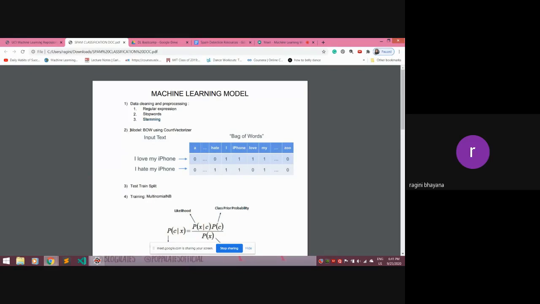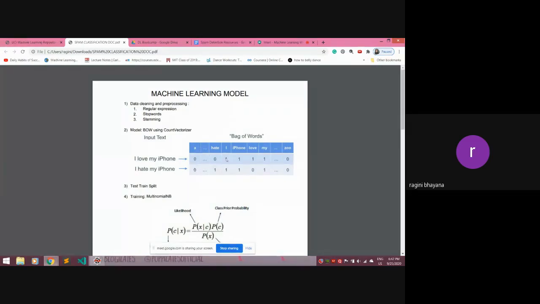Our model is bag of words, Count Vectorizer. I will explain this entire thing to you on the next page very briefly. There is a sentence, I love my iPhone, and I hate my iPhone. We have two sentences. We input this text into bag of words and we'll have all our words as columns and our sentences as rows.